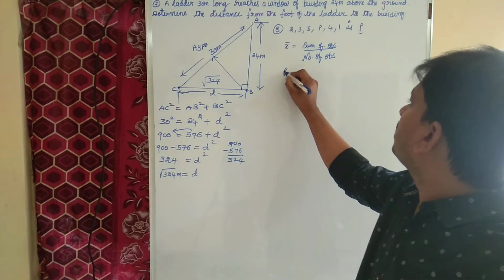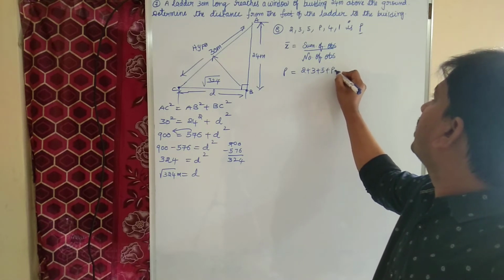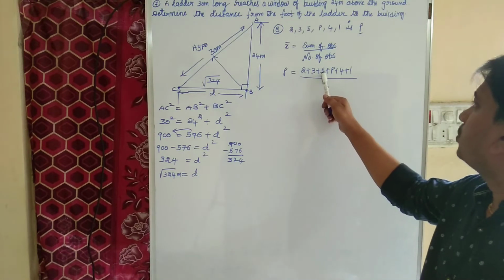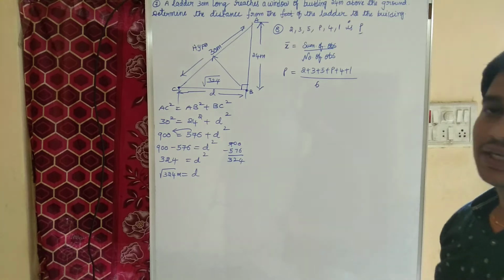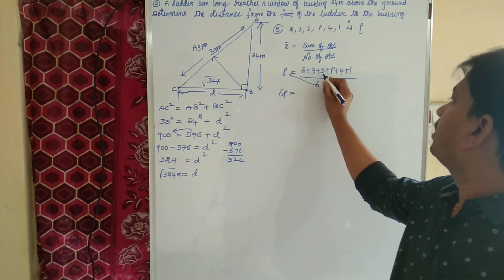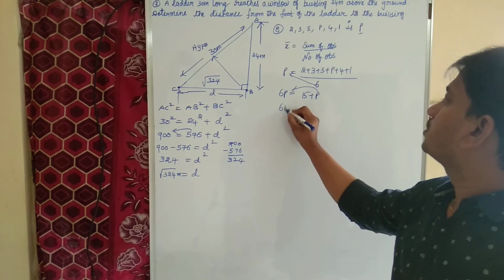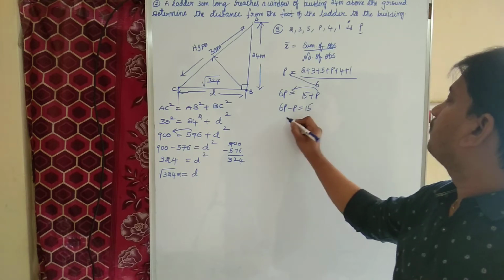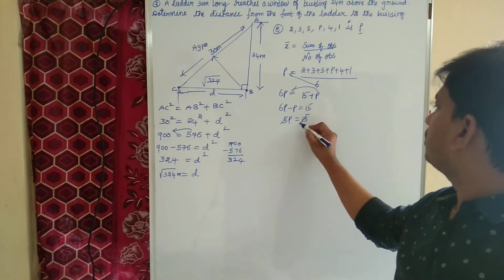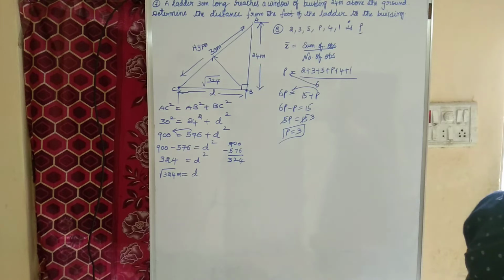So given mean is P, sum of observations are nothing but 2 plus 3 plus 5 plus 3 plus 4 plus 1 by 1, 2, 3, 4, 5, 6. Number of observations are 6. So 6 into P, 6P equal to 5, 10, 14 plus 1, 15 plus P. P you transpose, 6P minus P equal to 15. 6P minus P, 5P. 5 3s are 15. So what is the value of P children? The value of P is 3.